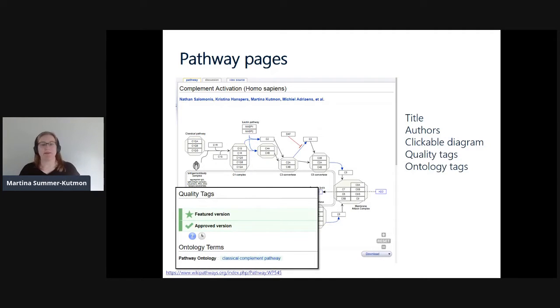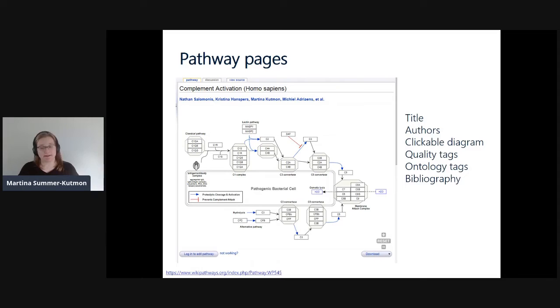Additionally, below the pathway, you can also find these quality tags. In this case, it's an approved version, which means it will be included in the collections that users can download. And they provide insights into the curation status and the biological context of the pathway model. Each element in the pathway, so the data nodes, but also the interactions, can be annotated with references to publications and other information. That allows you to create a nice bibliography of all the papers that have been used to curate and